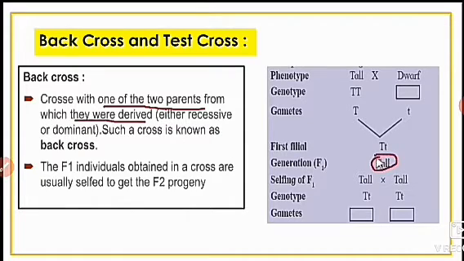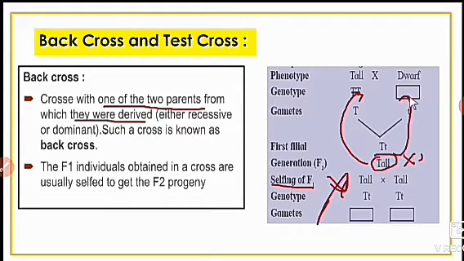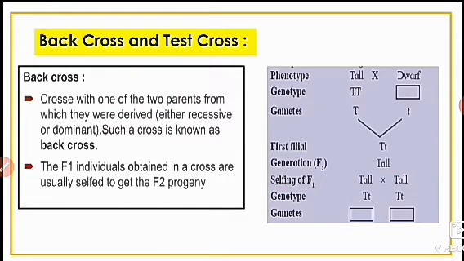Now in the F1 generation there is a tall plant, we have seen that, but after selfing of F1. Here in the back cross, selfing of the F1 hybrid is not done. The F1 hybrid is crossed with either a homozygous dominant or a homozygous recessive parent. It's called a back cross. Two parents means either dominant or recessive. Here tall character is considered the dominant one.